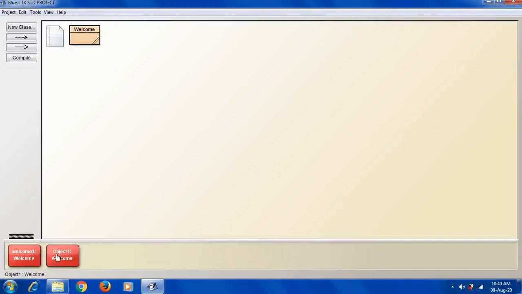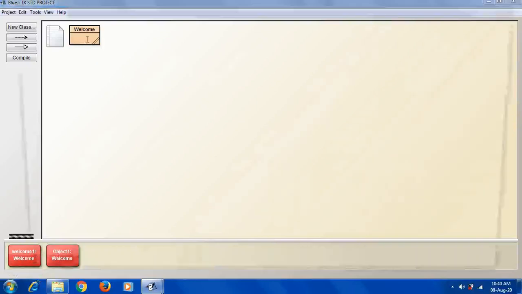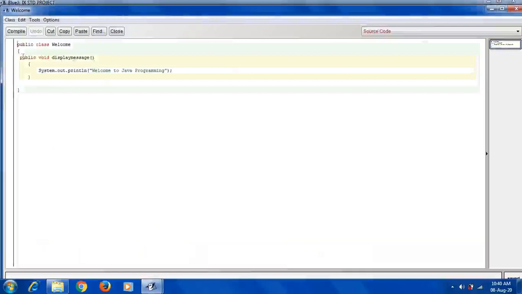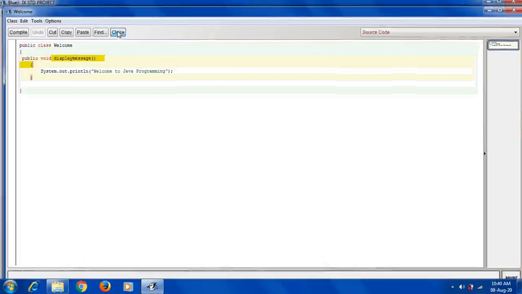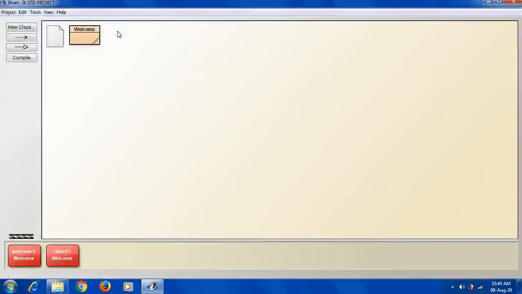Now how to execute and how to run the member methods. Member method means, in this class we have created one method. Display message is the method name. How to execute this method by taking the help of that object, that is the point now. BlueJ has excellent features to execute a program after it has been compiled successfully. Once this class gets compiled successfully, how will we understand whether it compiled successfully or not?